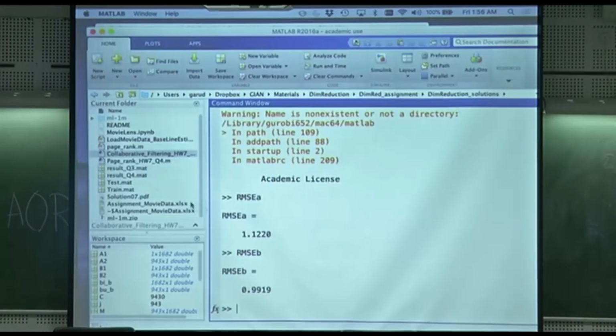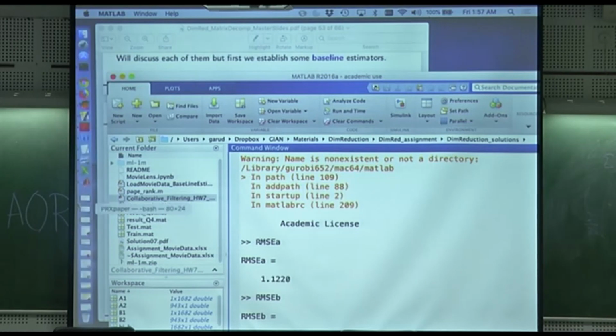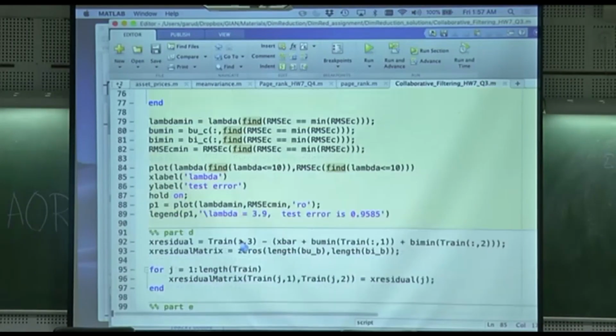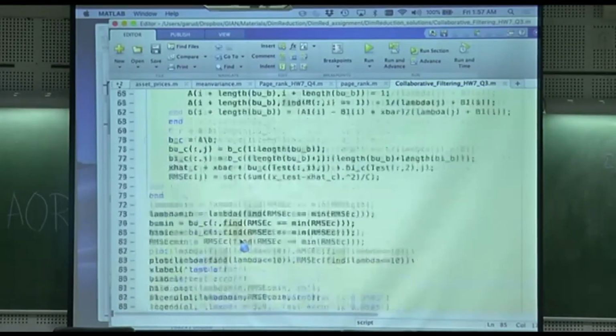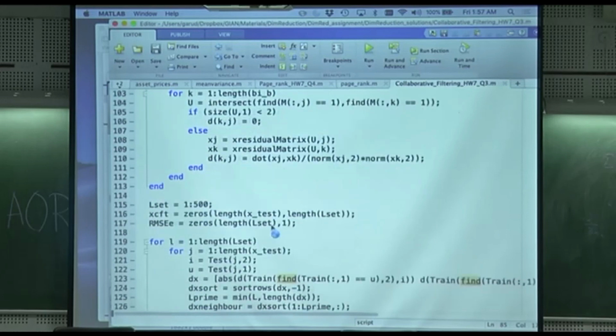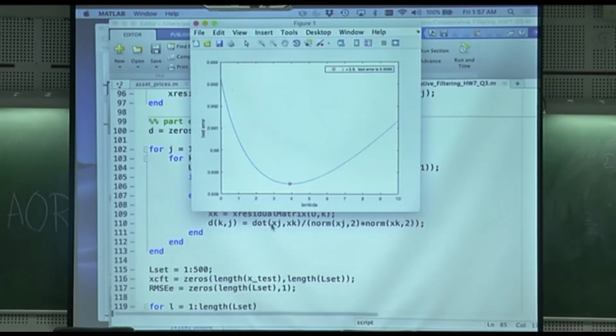Let's see if this thing has stopped. Not yet stopped. It should have printed if it had stopped. Hopefully it's going to keep on printing. Okay, I'm just going to talk about the last piece over here. There we go. So this is the plot that you end up getting